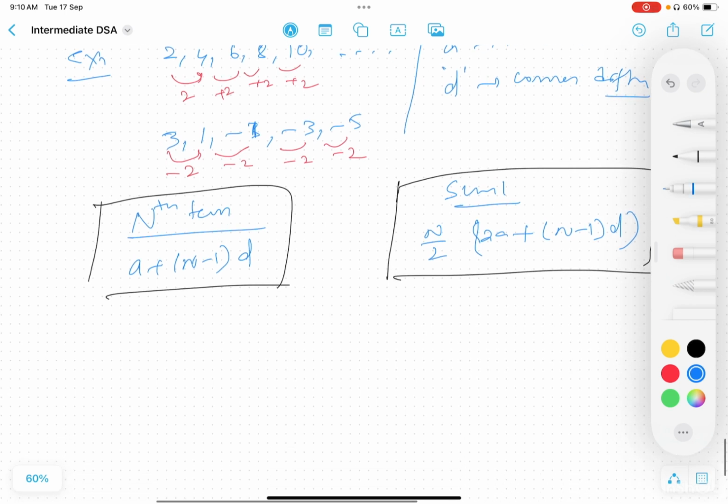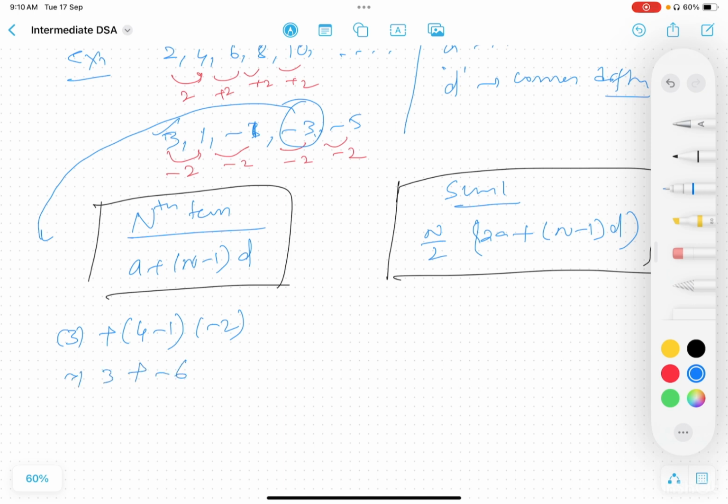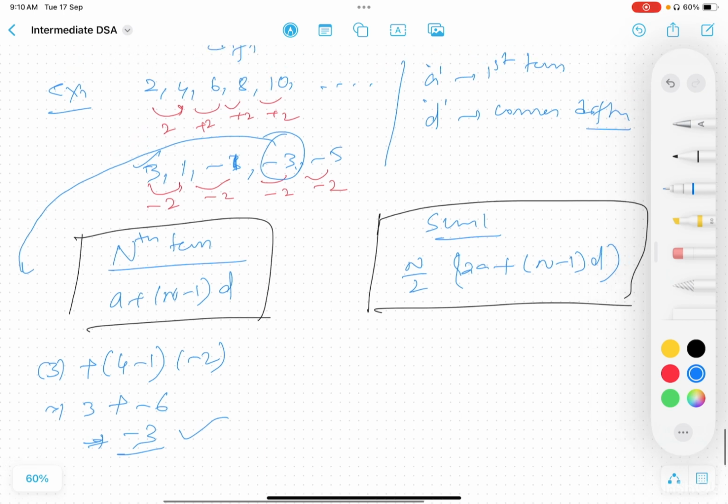You can take an example. Let's take minus 3 as the fourth term. If you see first, second, third, fourth. So a is 3, the first term is 3, and you want to know the fourth term, and the difference is minus 2. That means 3 plus 3 into minus 2 is minus 6, which gives minus 3. Similarly, for the sum, you can use this formula to find the first 3 or first 4